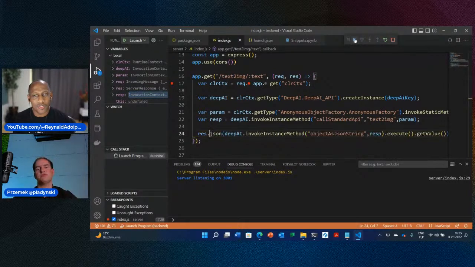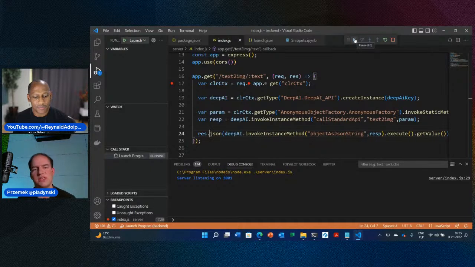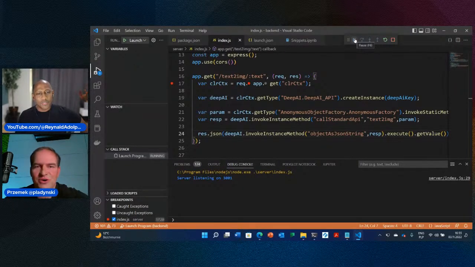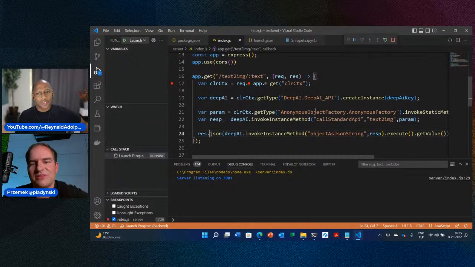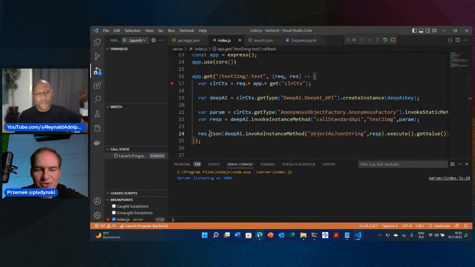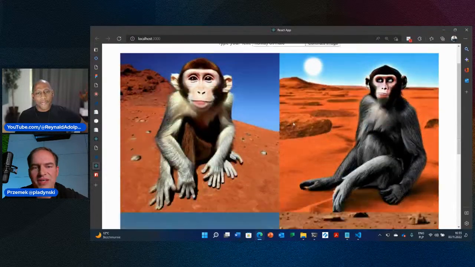What is very interesting when building the multi-technology applications, if you own both the codes, so the foreign technology code like .NET and the main code like Node.js, if you connect two different debuggers into the same operating system process, you will be able to jump between the two. So you'll be able to debug at the same time the JavaScript code and the .NET code executed by this JavaScript code. So that's also very, very interesting way of programming, in fact. So here the monkey arrived.